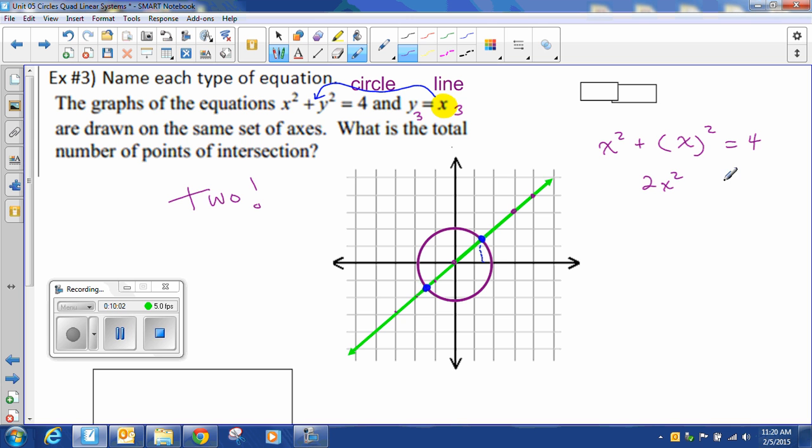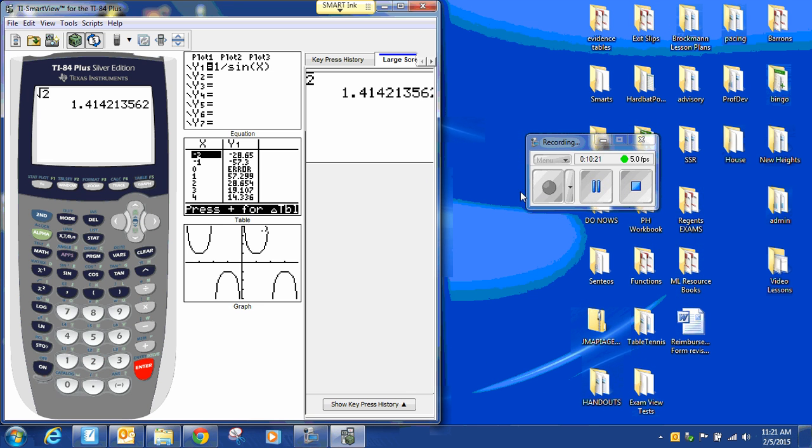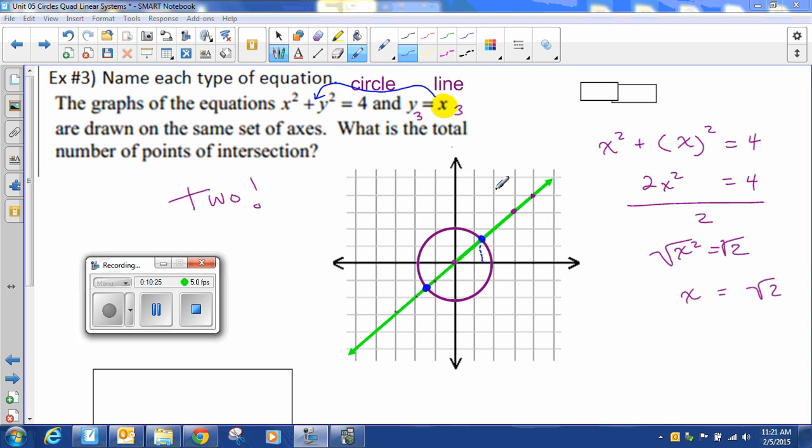Combine like terms. 2x squared equals 4. Divide both sides by 2. x squared equals 2. And finally, we take the square root of both sides. x equals radical 2. Now, radical 2, when we plug this into our calculator, we end up with 1.41 and some change. And this is pretty darn close to what we estimated here when we said it fell between 1 and 2, somewhere closer to the middle, so 1.5. But 1.41